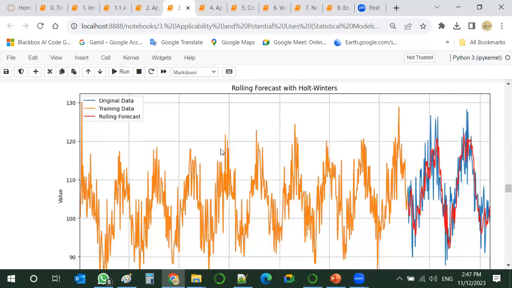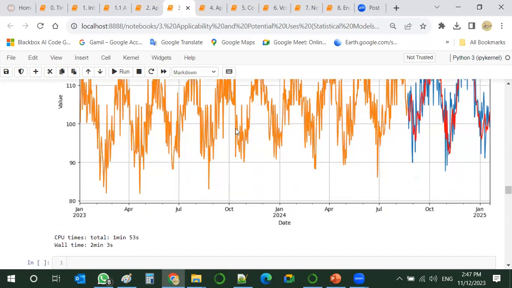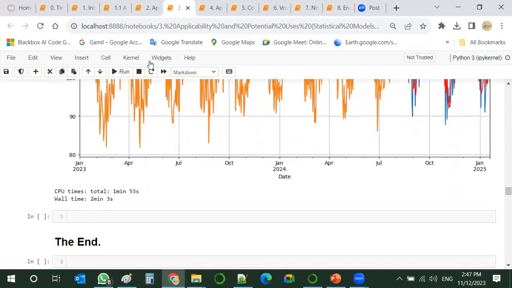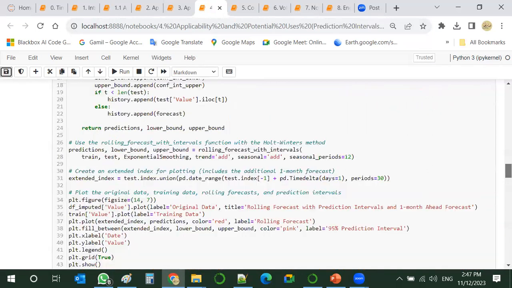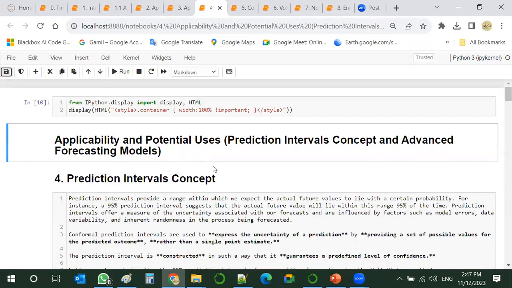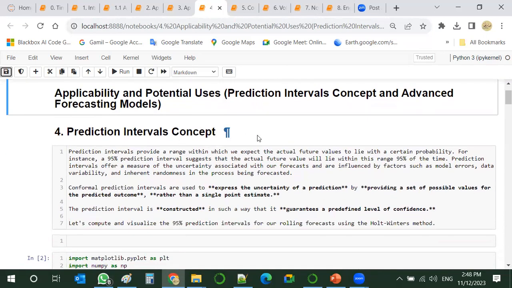So this one ends over here, and let us quickly try to catch up because I see time has gone beyond our expectation. So in this one, I will just quickly introduce the prediction interval concept.